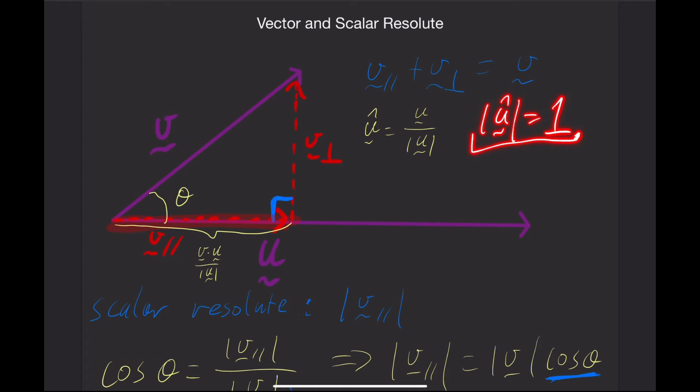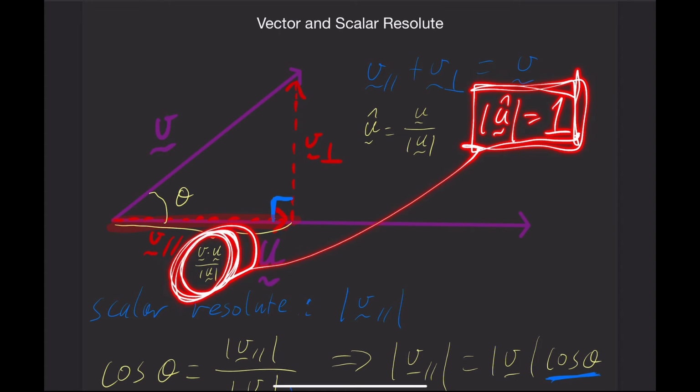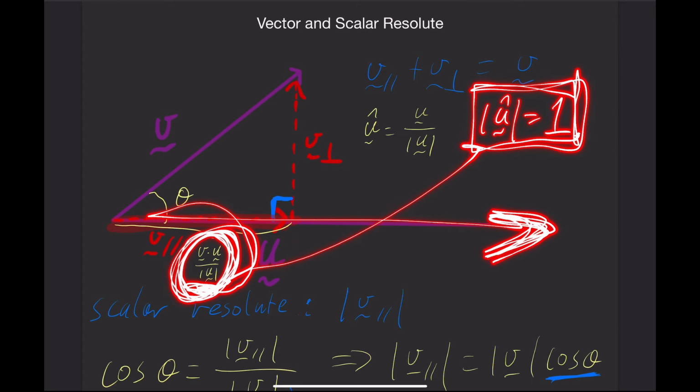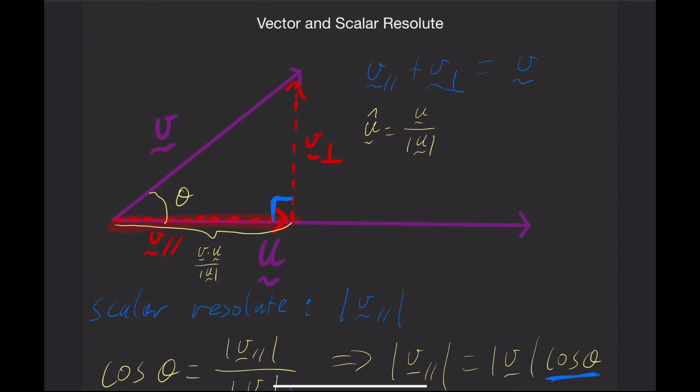So we've got now something that has magnitude 1. We know we want to force this magnitude. So if I want to get a vector with this magnitude in the direction of u, I multiply by u hat. So what that lets us say is that the vector component of v, actually let's do this in peach, the vector component of v that is parallel to u is equal to